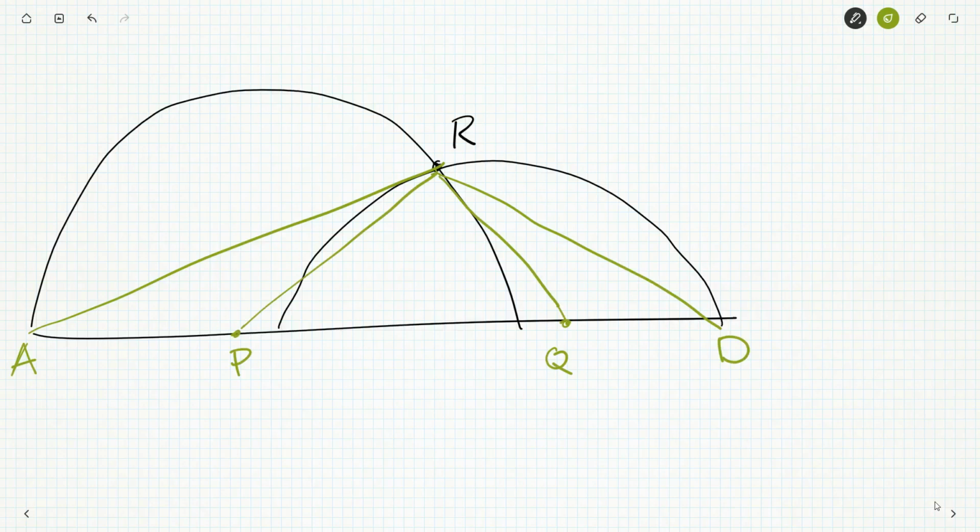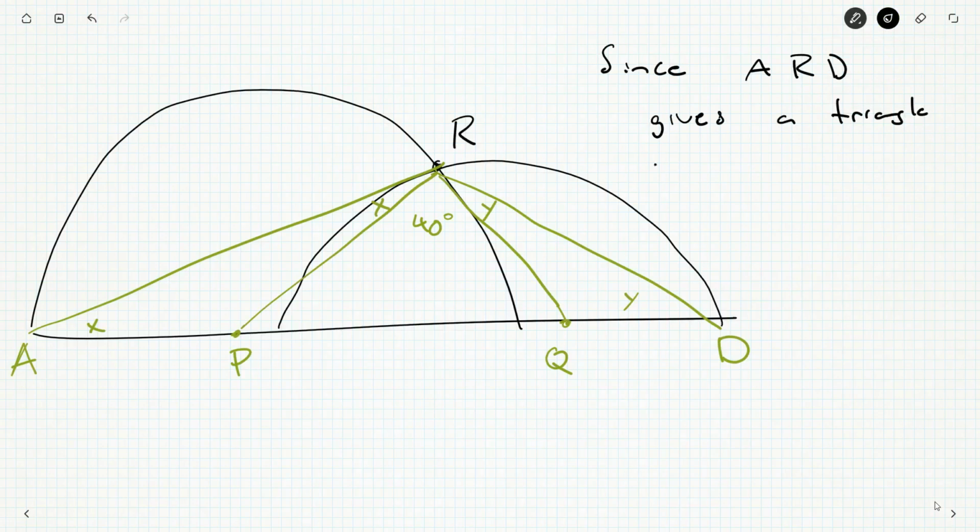But we have X, 40, Y, and Y. Since ARD gives a triangle,